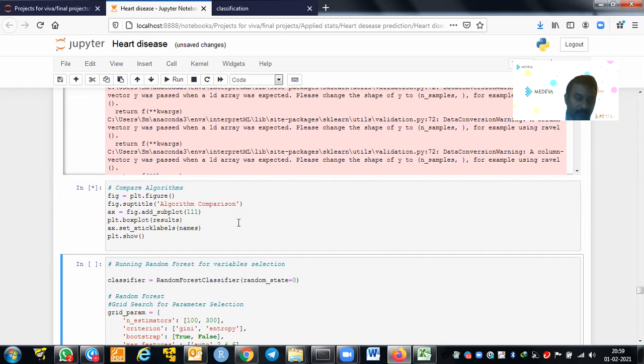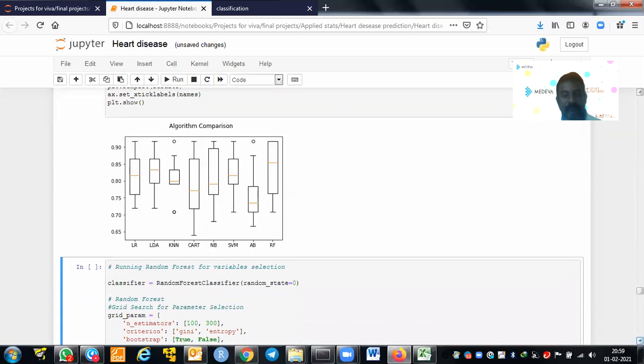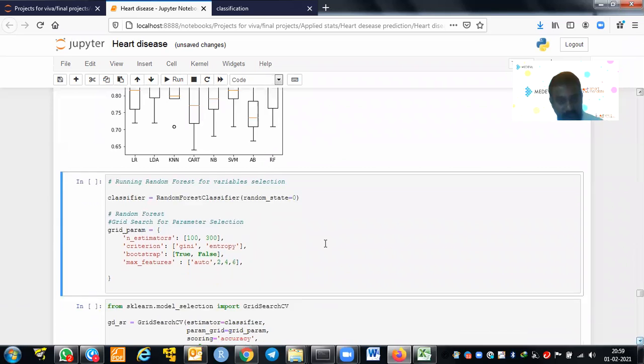But the problem is that here we built the model using all the models and all the variables. A model with fewer variables is always the best. Of all the models we learned, random forest can give the variable importance. So in order to remove variables, we are running the random forest and trying to find the best optimum parameters using a grid search. Then from the random forest, we shortlist the key variables and use those key variables in the logistic regression.